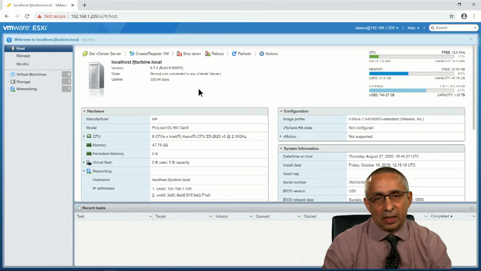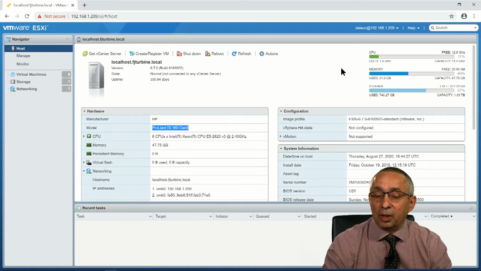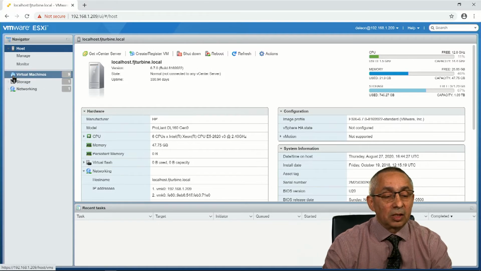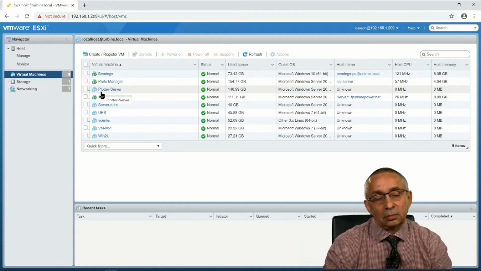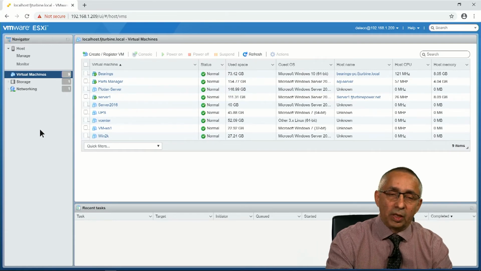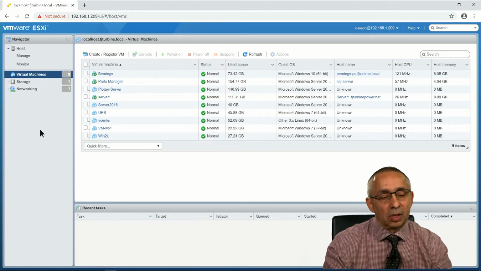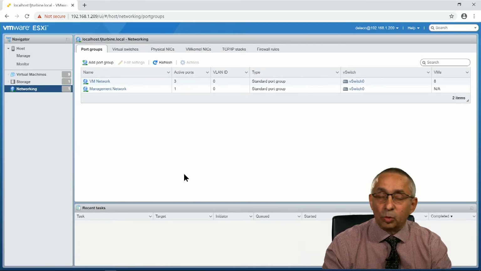So this system, ESXi, is running on this computer. This computer is an HP ProLiant DL160 Generation 9. It has 48 gigabytes of RAM and 1 terabyte of space, and it is only for the purposes of virtualization. In this small server, I have 9 virtual machines, a combination of Linux computers with Windows 7, Windows Server, and Windows 10 computers. They are all connected to a virtual switch.